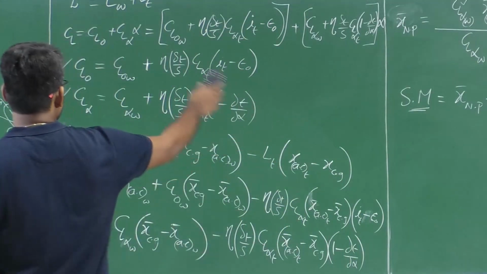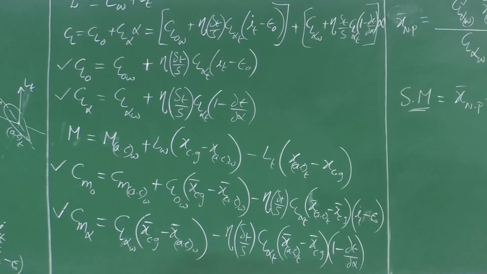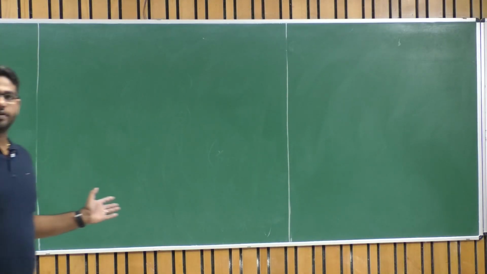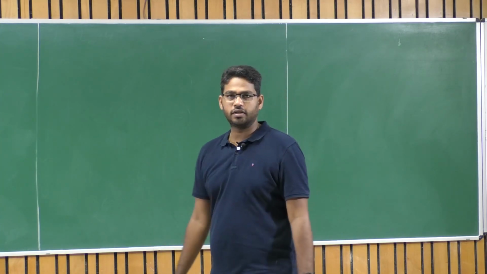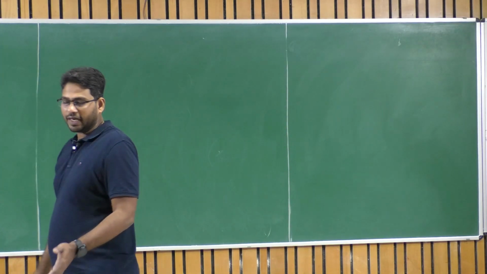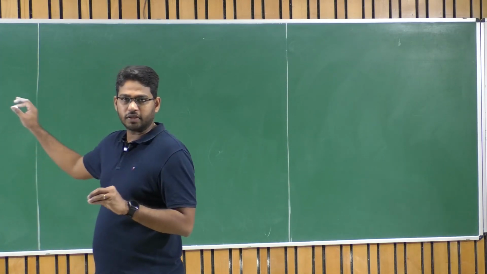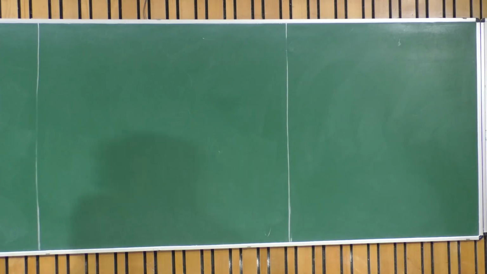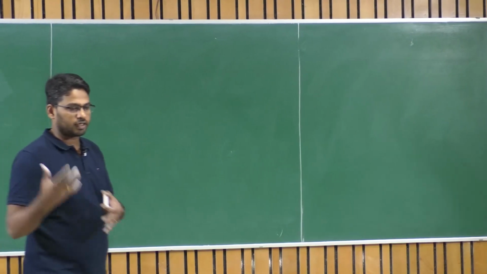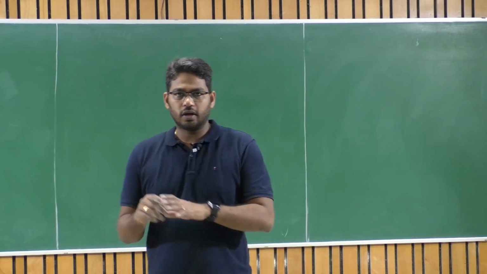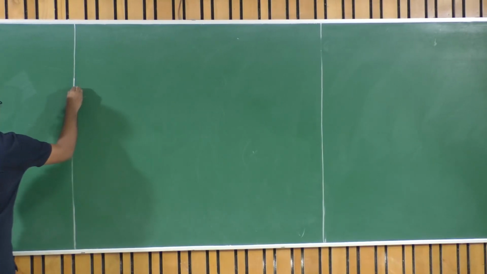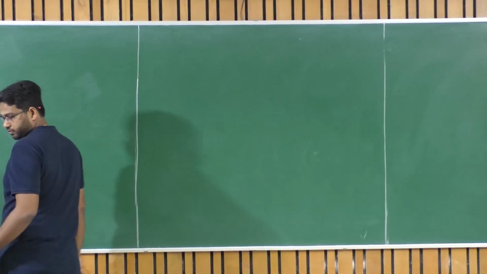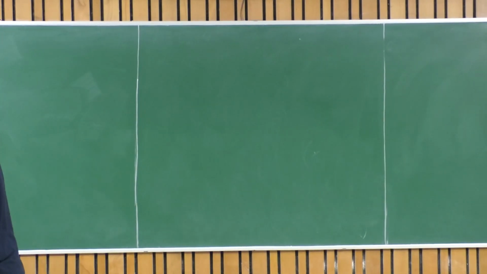So I am going to erase all these equations which you must be having already. Once you practice these derivations, you will be able to enjoy. Otherwise it becomes difficult. You may think that these equations are too lengthy to remember, but if you practice, that is nothing. If you start deriving them from first principles by yourself a couple of times at least, you will be able to appreciate what all the terms are and why there is a correction factor to the tail. So all those terms you get comfortable with, and then you can start using them for your design process with more confidence. So let's take up the first example.